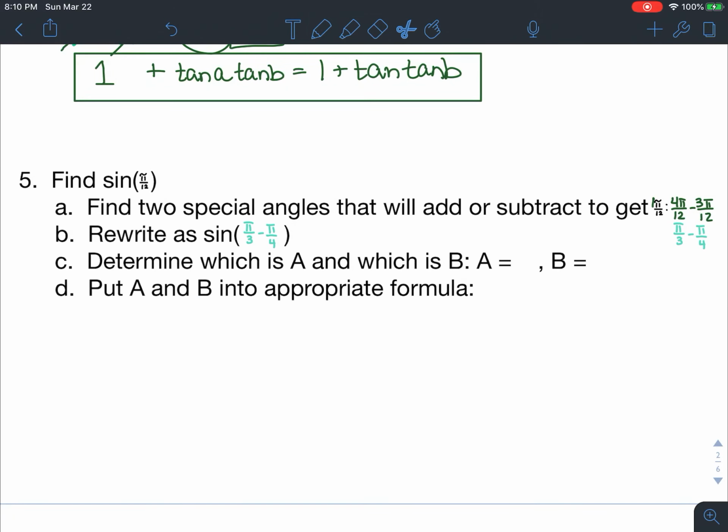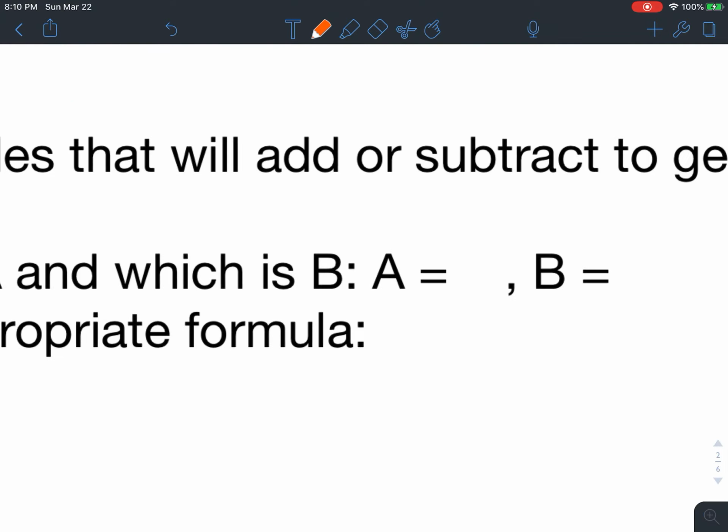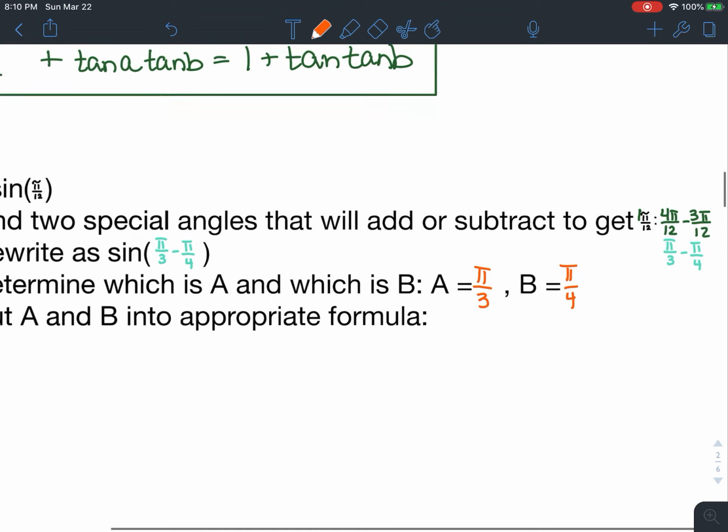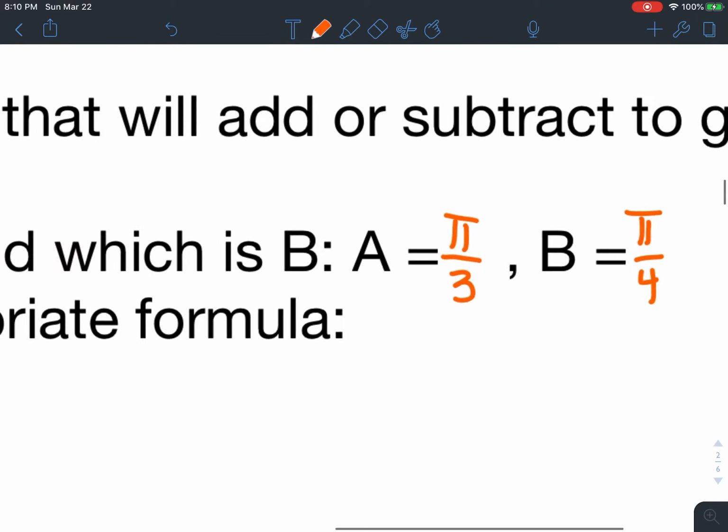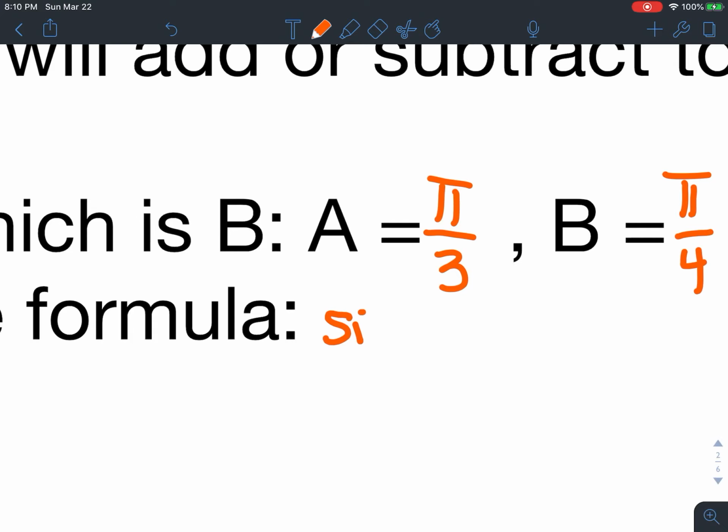So we're going to rewrite our sine of pi over 12 as sine of pi over 3 minus pi over 4. And let's determine who A and B are going to be. That's easy, because A is just going to be the first one and B is going to be the second one. But then you also have to determine which formula is appropriate. So you have sine and you have a minus. So this is going to be the formula